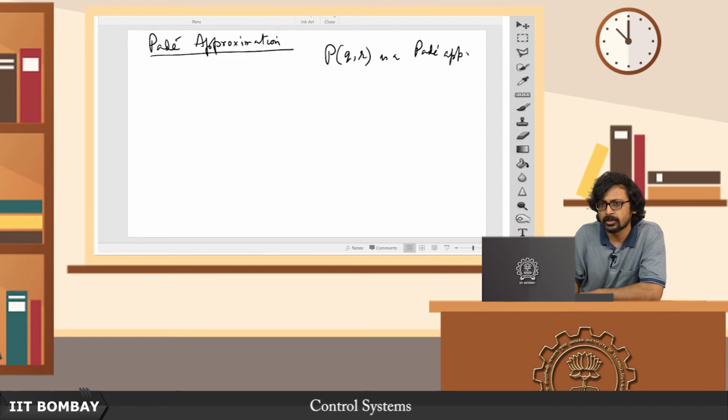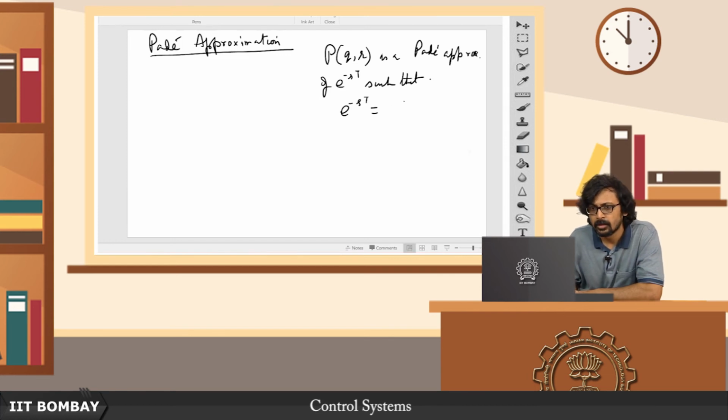Padé approximation of e to the minus st, such that e to the minus st can be given by some N(s) upon D(s), where the degree of this N(s) and D(s), so these are polynomials. So this is an approximation,